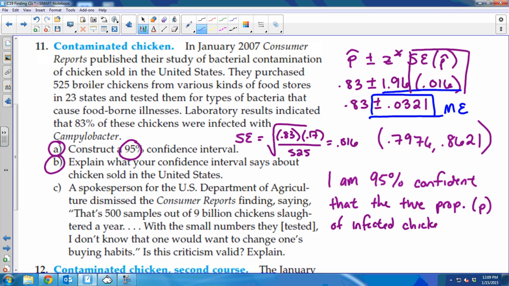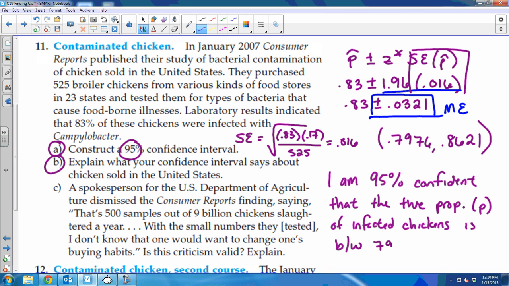So we're talking about infected chickens. This is important. Why is saying infected chickens important? Context. And we're always bad with context. So I'm 95% confident that the true proportion p of infected chickens is between, or lies within, or falls between, whatever, some phrase indicating between